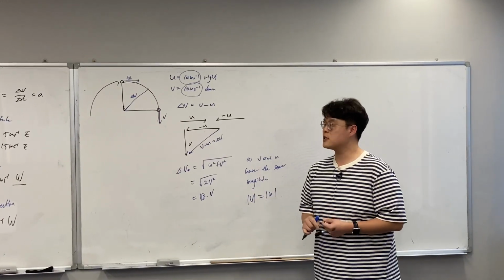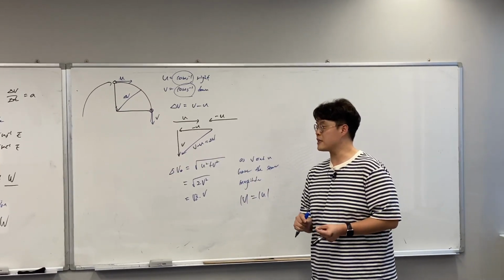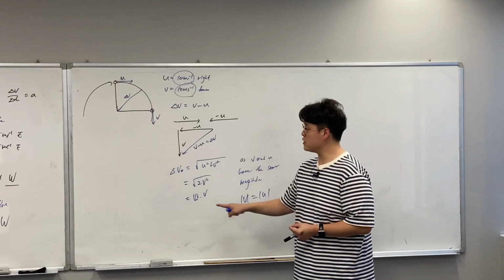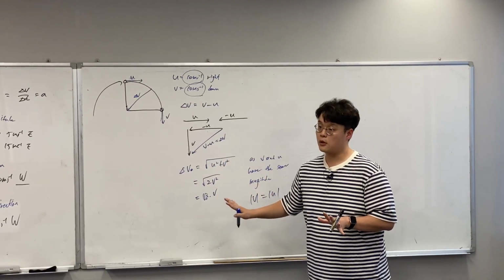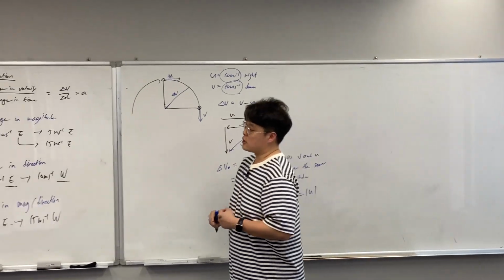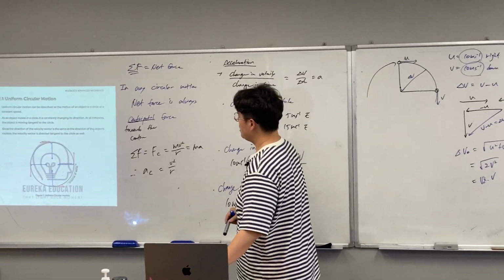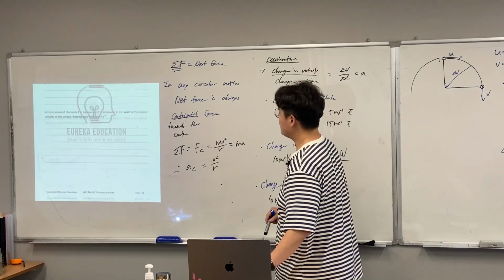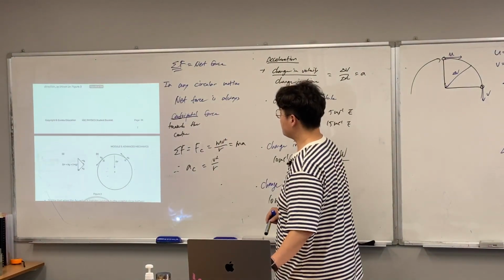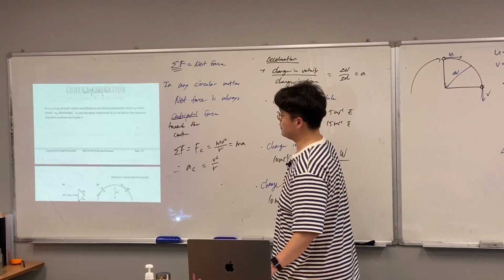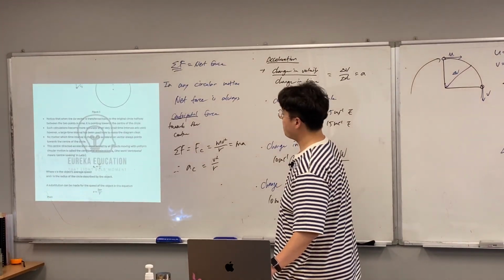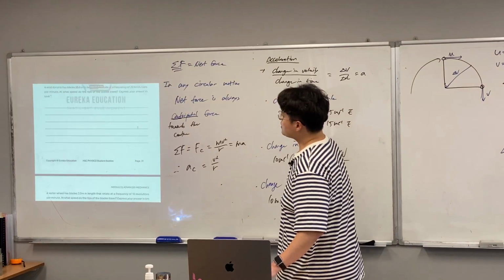This is the idea to get the centripetal acceleration: we get the change in velocity, which gives us that value. But don't worry about this calculation because it's a little more complicated. It's also described on page 34 and 35, giving you the time taken over here. But I want you to just understand